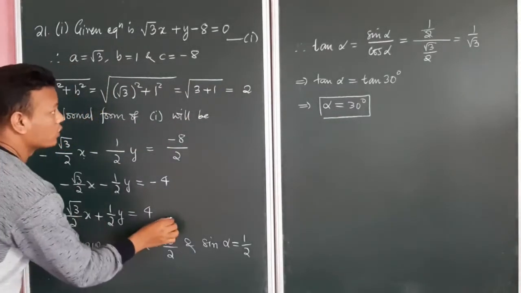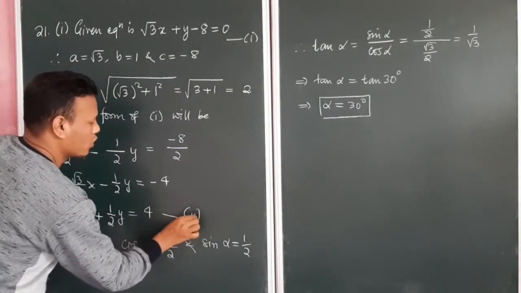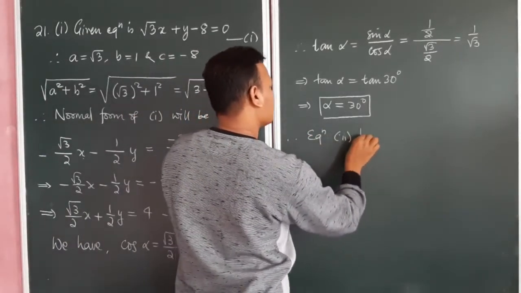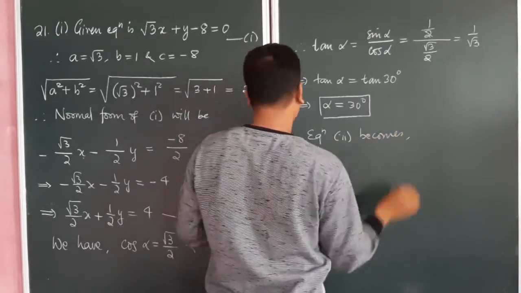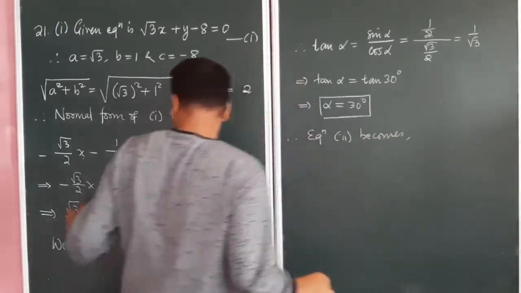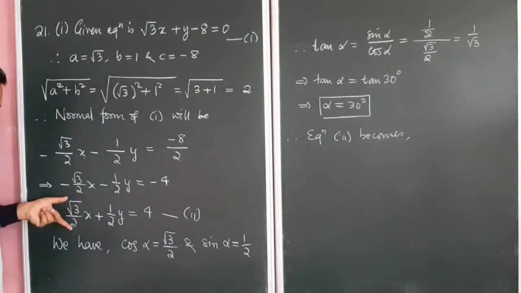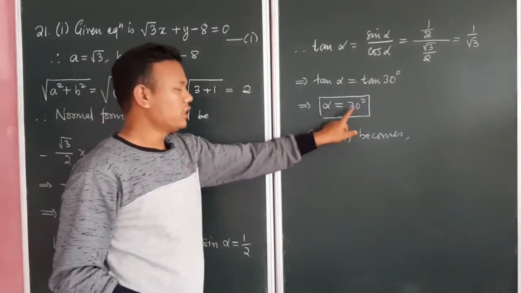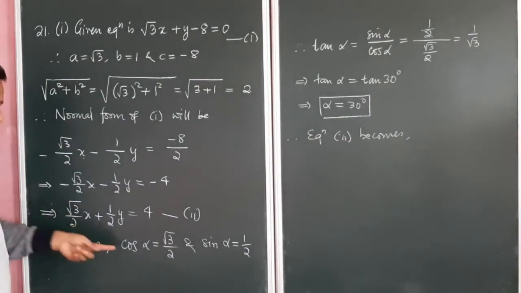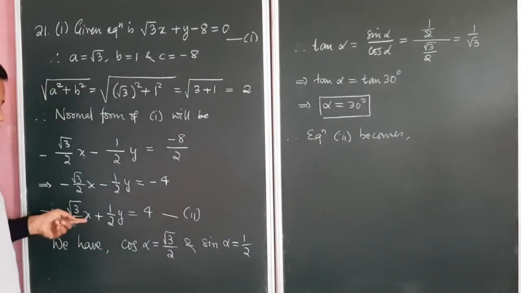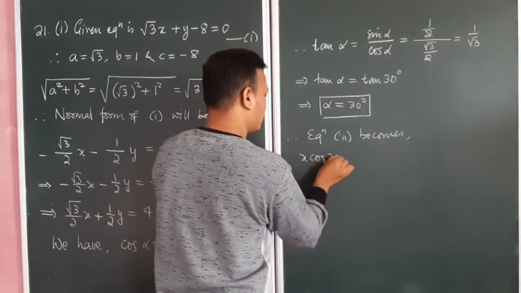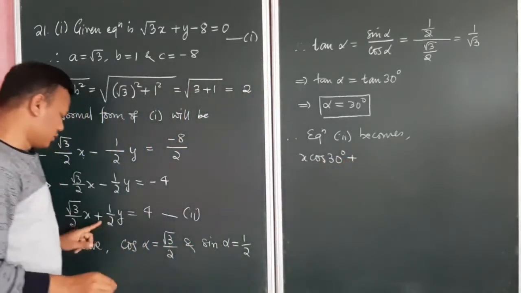So let me call this equation 2. So therefore equation 2 becomes, as I said, this is my cos alpha, isn't it? So instead of root 3 by 2 I am writing cos alpha, but what is the value of alpha? Alpha is equal to 30 degree. So that's why instead of this I am writing cos 30 degree. So we have x cos 30 degree plus this half